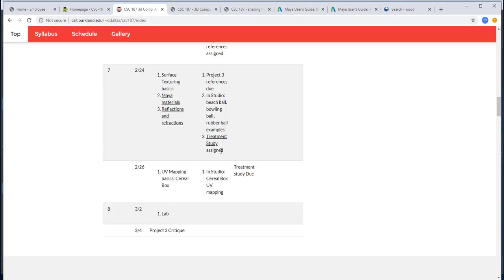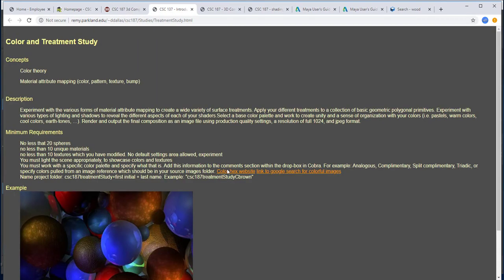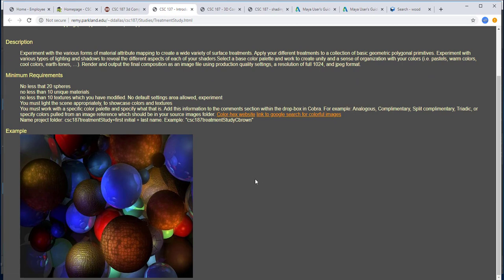If you look at the treatment study, you're just going to be playing and exploring these to create a variety of objects. A variety with these little bumps, these different types of 3D and 2D textures, and colors. So now we've introduced colors, so you've got to use your color theory. So these are kind of warm and cool colors and a few neutral colors thrown in. So just the idea of choosing a color palette, working with analogous or